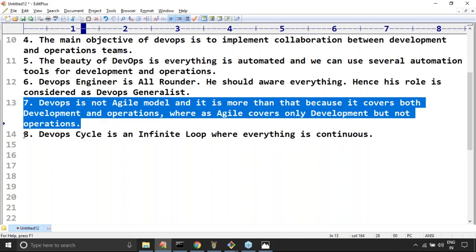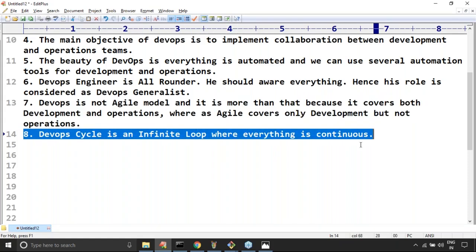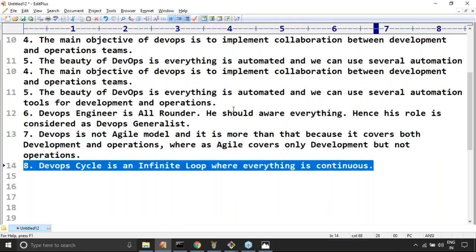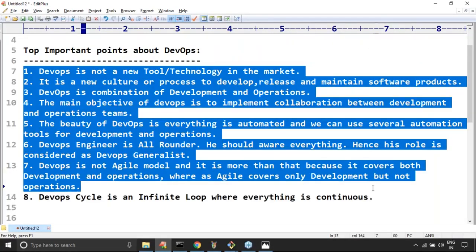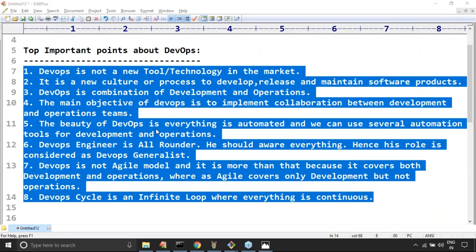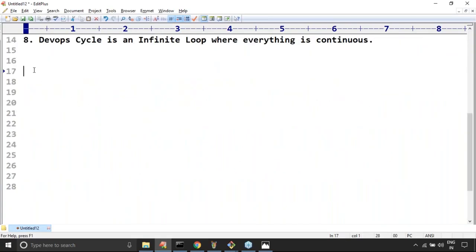Next, DevOps is an infinite loop where everything is continuous. Have you remembered these? Do these words seem to be known words or not? Can you please confirm? Yes, friends, we covered these things already. Next, sir, as part of DevOps, we need to discuss tools. So the first tool, the first concept we have to talk about,